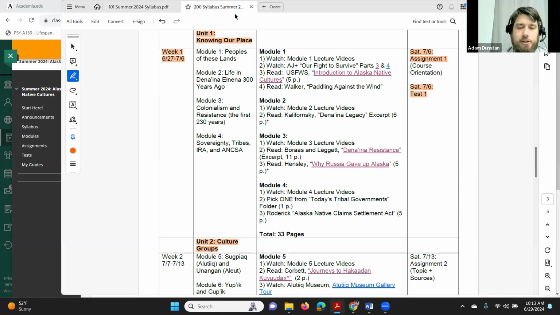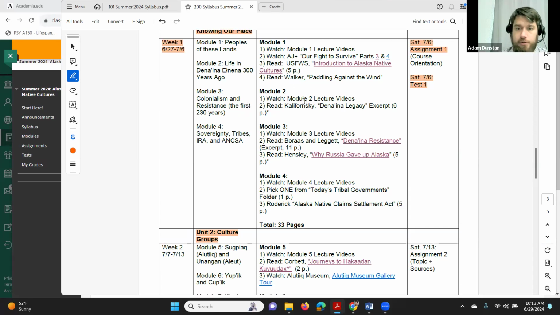And so it'll be introducing the 20 major cultures of this area. It'll be talking about an overview of one specific culture, Dena'ina culture, because most of us that take this course live on Dena'ina land, if we're located in Anchorage or Palmer, or Homer or Kenai. That's not true of everybody, but because it's true of 80% of us,